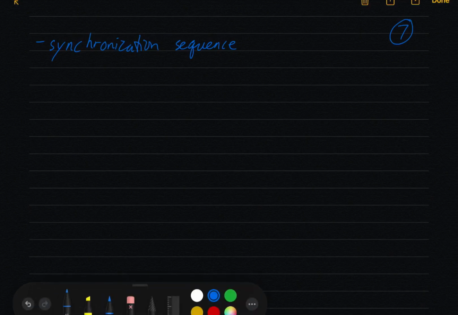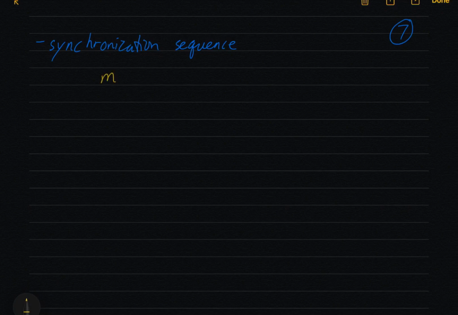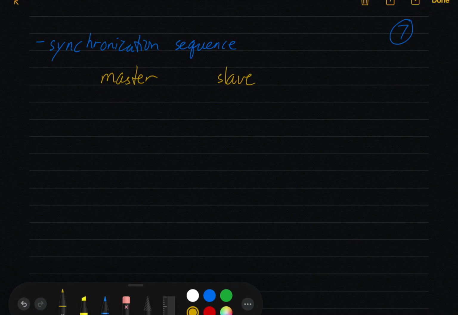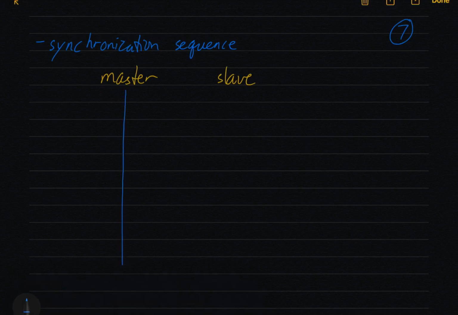So here is a picture of the synchronization sequence. I guess you could call this a protocol. What we've got is the master on the left, slave on the right, and I want a bit more room on the right hand side of this page to draw things. And so we've got time